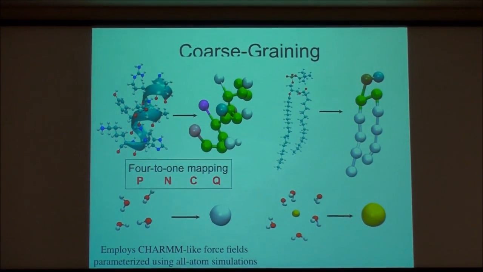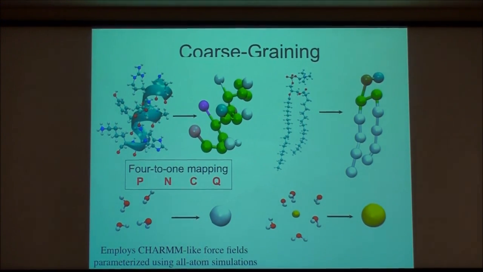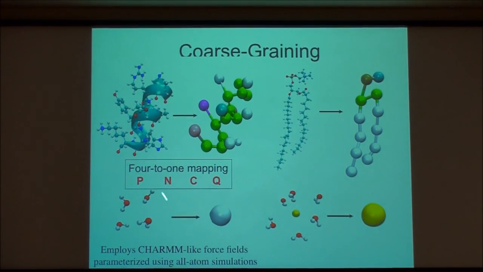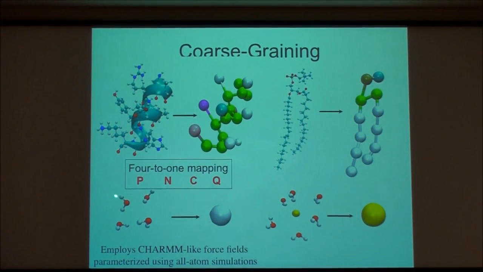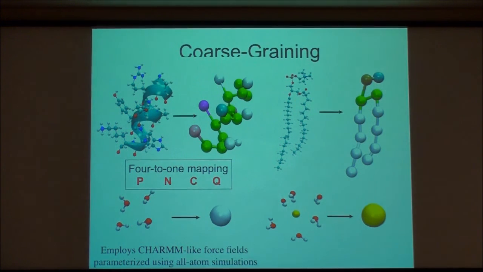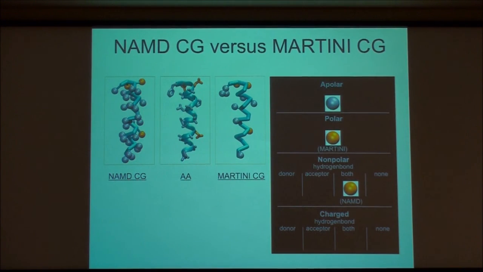And another problem that I pointed out, and we should definitely keep in mind very seriously, is the fact that you lose the dielectric effect of water when you go from a description in which you have a clearly defined dipole moment to this single-particle neutral representation that has no dipole moment. Okay, so